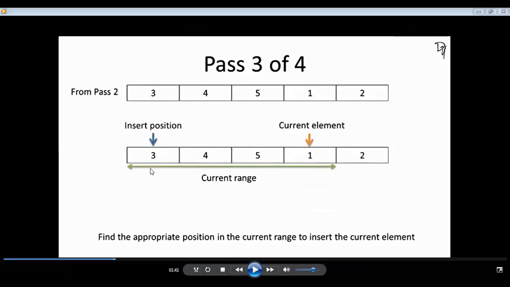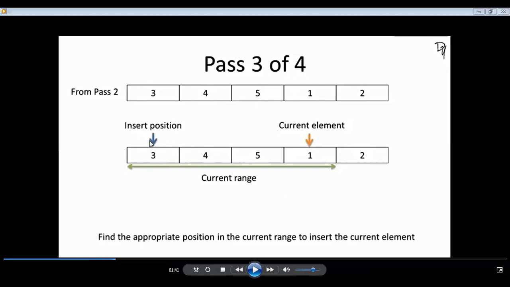Range you have to mention, right? So range I have to mention. I have to maintain what is the current element, and I have to maintain the insertion position, which position I have to insert that element. So all of this I have to maintain. I have to remember while coding the range, what is the current element I'm considering, and I'm cross-checking with each and every element. And finally, I'm finding the position where I have to actually insert, right?